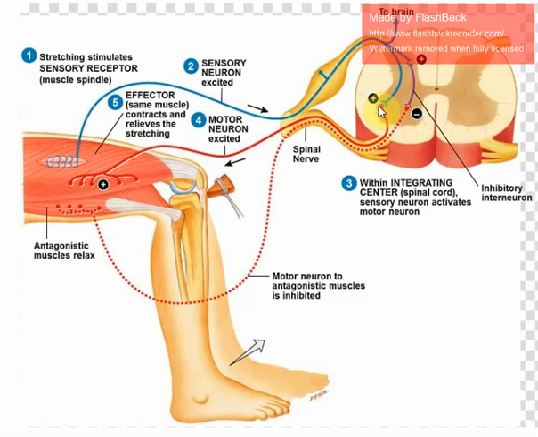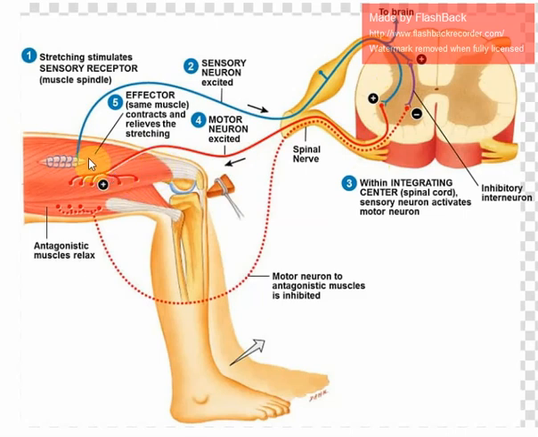The other characteristic is that it is ipsilateral, meaning it is on the same side of the spinal cord, and the motor impulse leaves on the same side, and it is not intersegmental. That means the motor neuron is also in the same segment of the spinal cord as the sensory. So these are the characteristics: it is monosynaptic, it is ipsilateral, and it is not intersegmental. So ultimately it will leave through the motor neuron, come back to the same muscle, and it will generate the